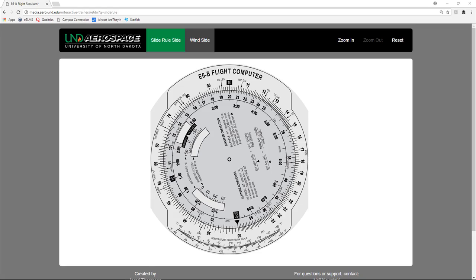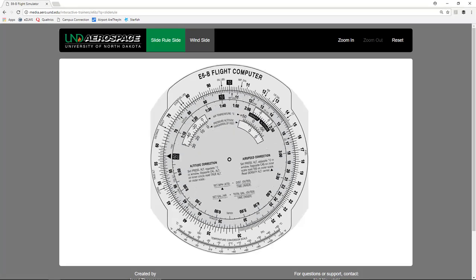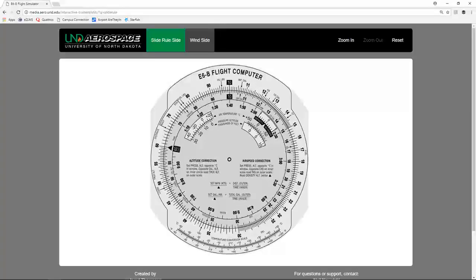In the next example, let's take a bigger number. So let's say 100 times 18. So if we find the 100 on the A scale, and then we align that with the 10 index on the B scale, so something like this, right? We don't have a 100 on the A scale, but we have a number 10 on the A scale, which again, if we place the decimal where it should go, we can call that 100. So 100 is aligned with the